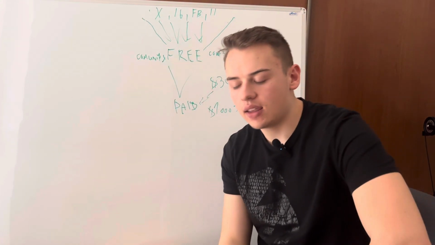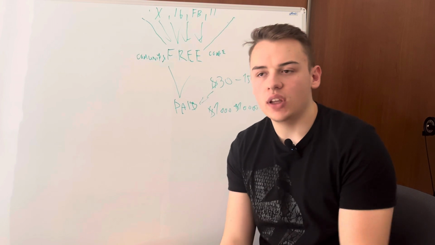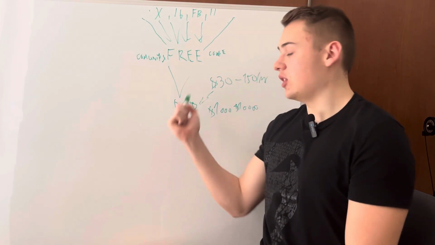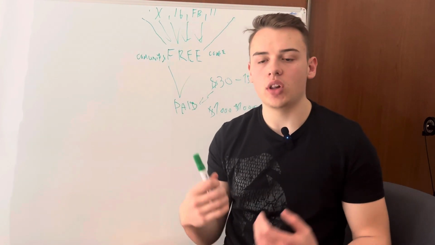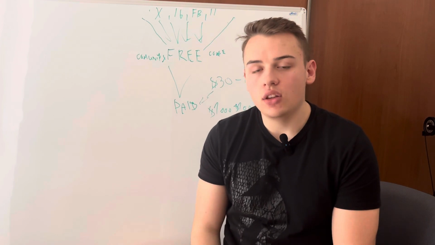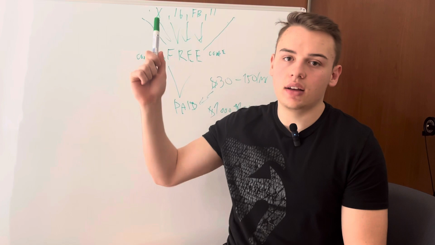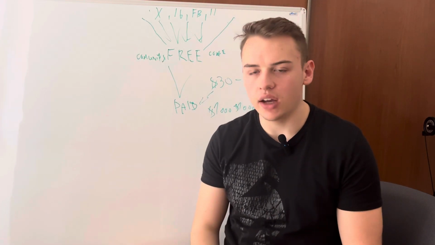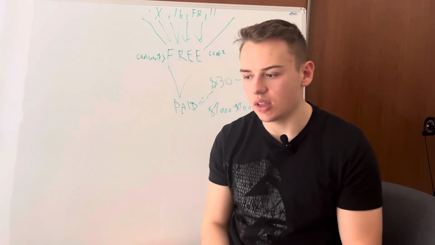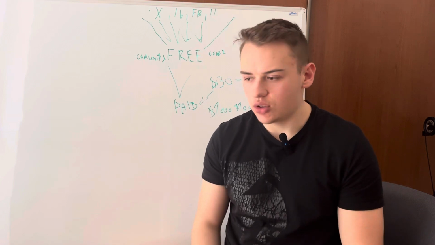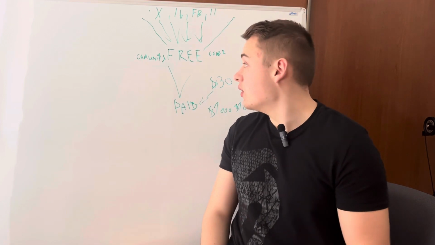And this is the part where it's easier if people actually have an audience, it's easier for them to convert them into the paid one, because people already know them and they know that they want to buy from them. If I outreach somebody, they don't know me. I just send them the message, they join my community, but who am I? Why should they actually buy from me? So that's what we do then.